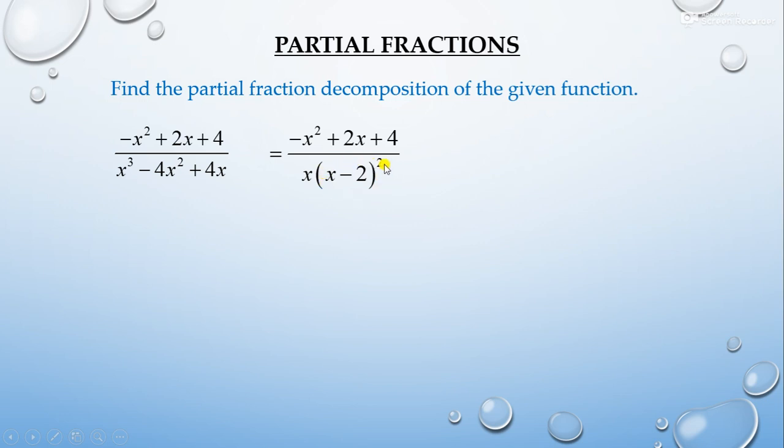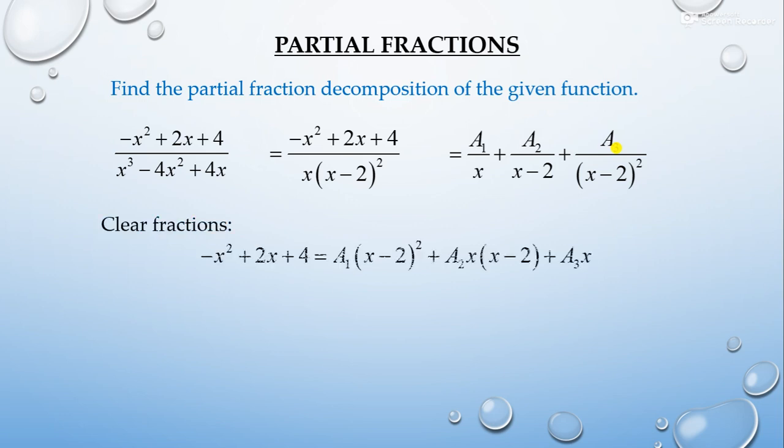Whenever you have x minus 2 whole square like that, it means that you have 2 terms. So we can write the partial fraction decomposition as a1 upon x plus a2 upon x minus 2 plus a3 upon x minus 2 whole square, right? These work like 2 terms, x minus 2 and x minus 2 whole square, and x is a linear term, so we take a constant in the numerator, a1 upon x, and this is again a linear term, so we take the constant a2, and this is a linear term, so we take the constant a3. So this is the way to write the partial fraction. Now proceed to solve it.